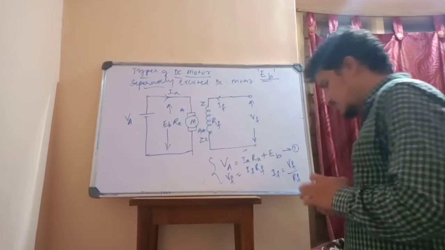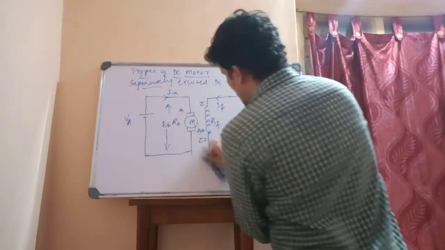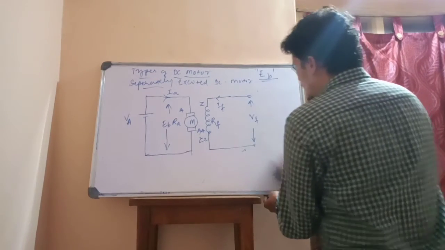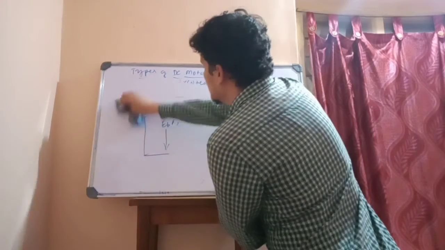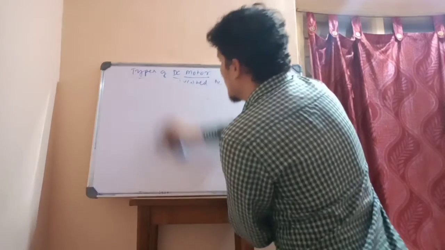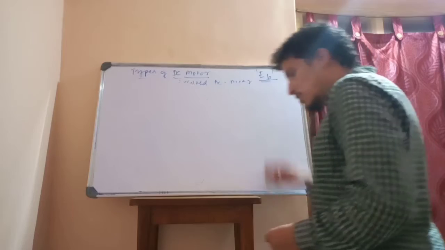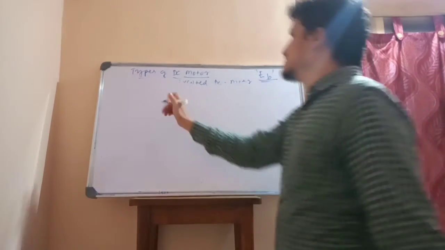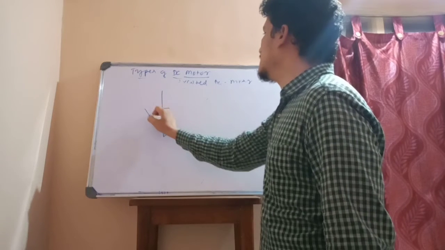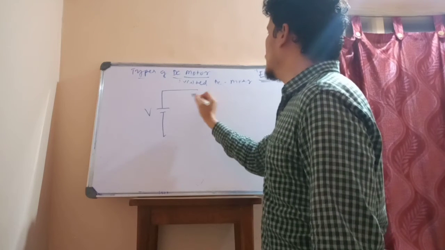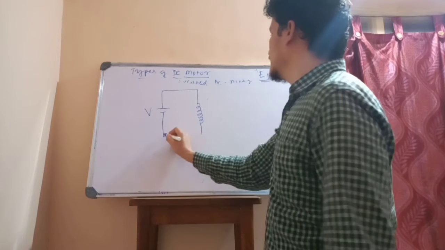separately excited DC motor. So next is the self-excited DC motor. We shall learn about self-excited DC motor. What is this self-excited DC motor? It's very simple. Self-excited, as I said earlier, means a common supply is given both to the field as well as to the armature. So now I will take one common supply V that will be given for the field